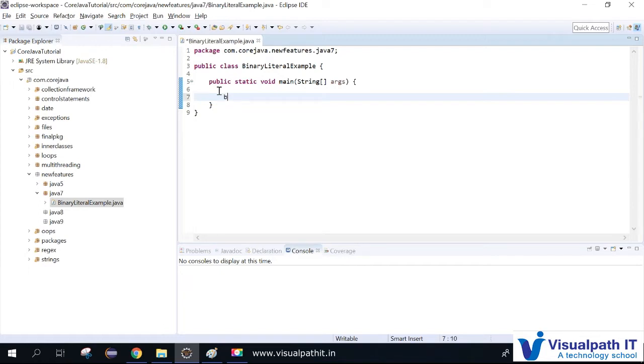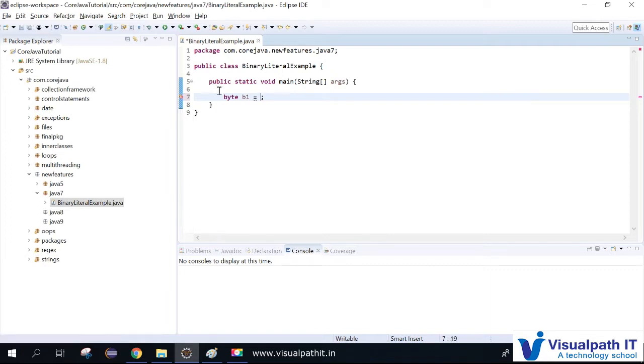Suppose you want to print the number 5, we can see how a binary literal will look.